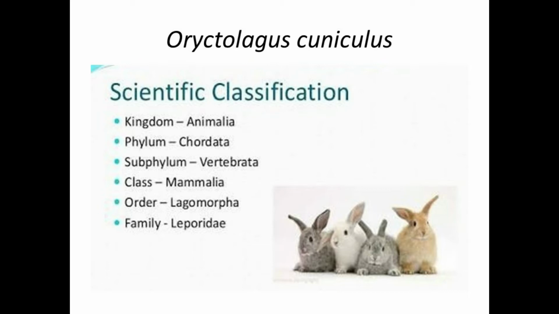Rabbits are gregarious organisms, that is, they are found in groups. They are nocturnal in nature. Nocturnal means they are active during night. They generally live in burrows. These burrows are called warrens, and they occupy the burrows in grasslands and woodlands. This burrowing behavior is said to be fossorial. So they are gregarious, nocturnal and fossorial.